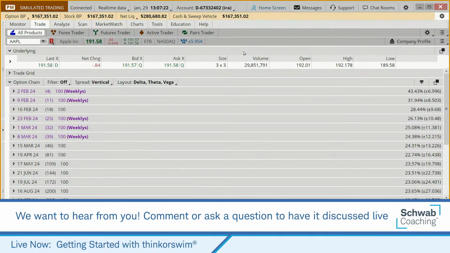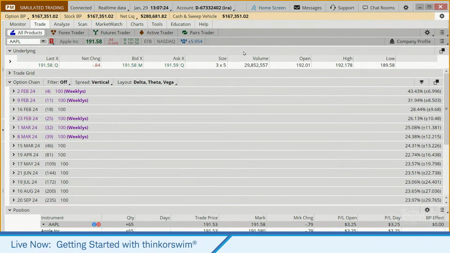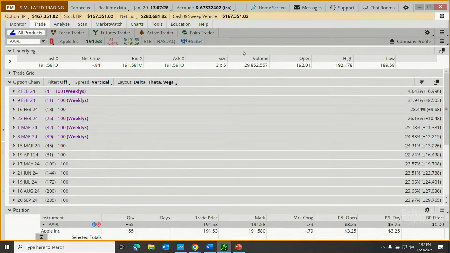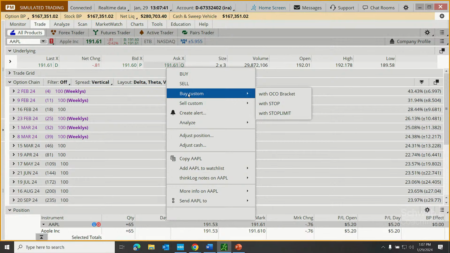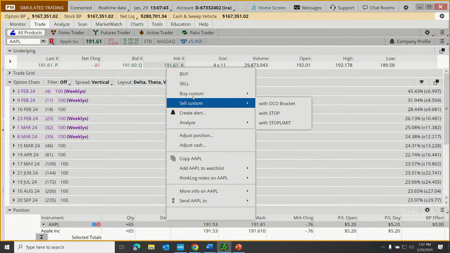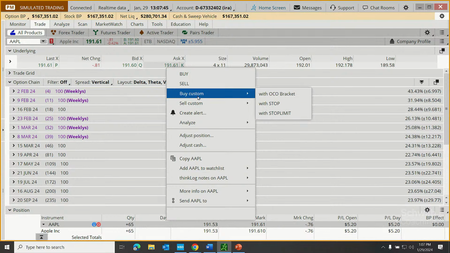Now, also within Thinkorswim, right here on the trade tab, potential quick way to place a trade number 2 is to right click either on the bid or the ask. Either one of these is going to present us with the same menu. And from here, we can buy, we can sell, but we can also place custom buy orders or custom sell orders. I just wanted to show you that those are available here.